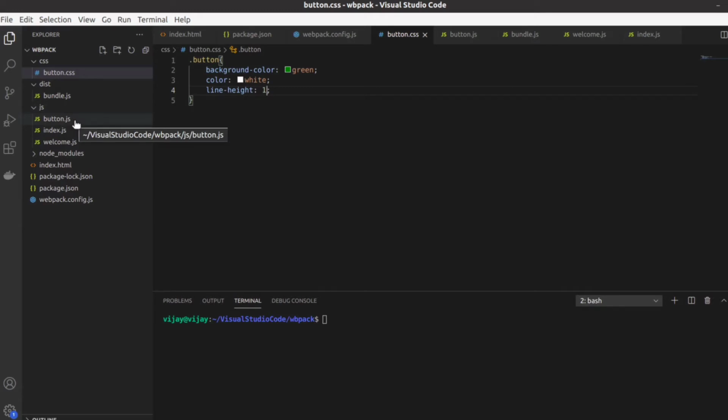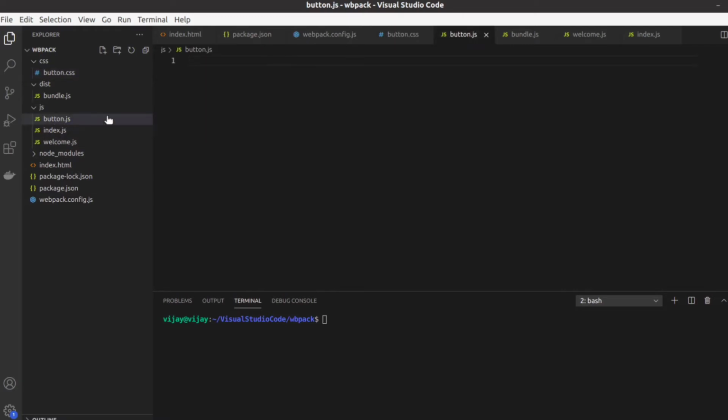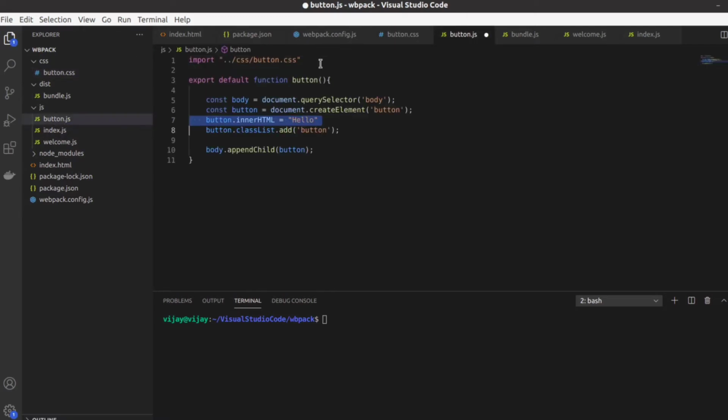Now let's create button.js and here we will import our CSS file and we will add some function to bind a new button to our document. So we created a button and we have added the class button since we specified it in our CSS file, and finally we appended it to the body object on the browser.